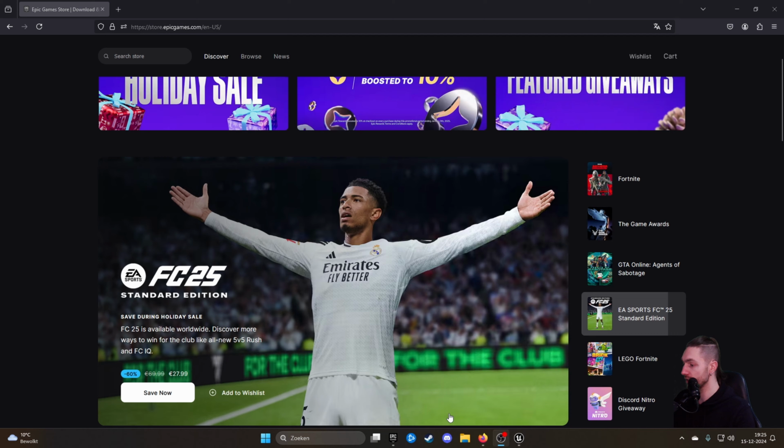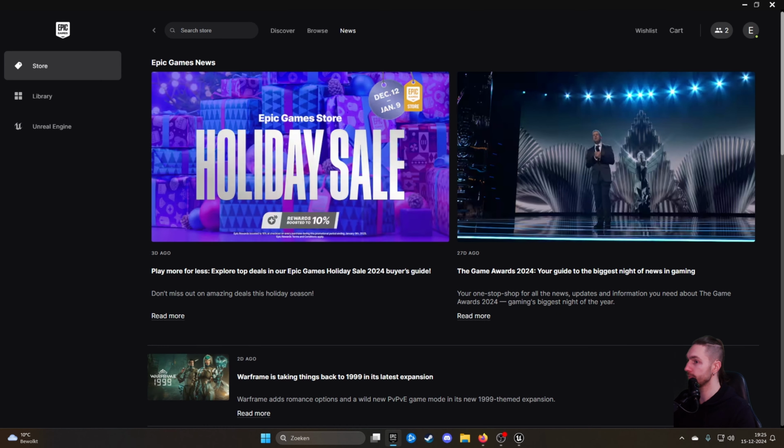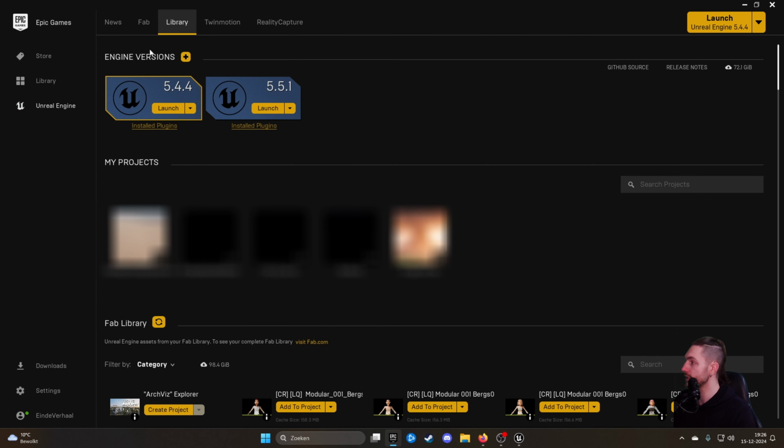If you have downloaded it, you come to this screen, and you're logged in, of course. Then you press Unreal Engine, and you see engine versions. I already have two of them. You probably have something like this, but with 5.5 and then a number behind that. Select the 5.5 version, press install, and follow the installation. After you've completely installed the Unreal Engine, you can press this launch button and